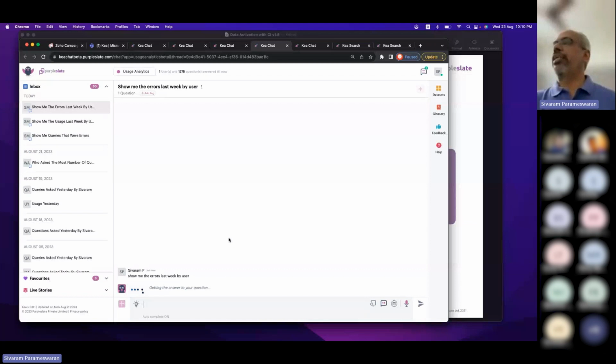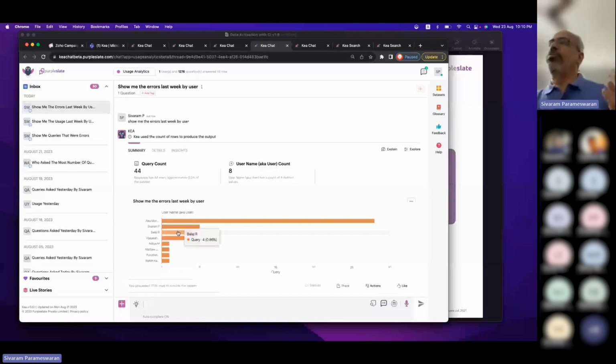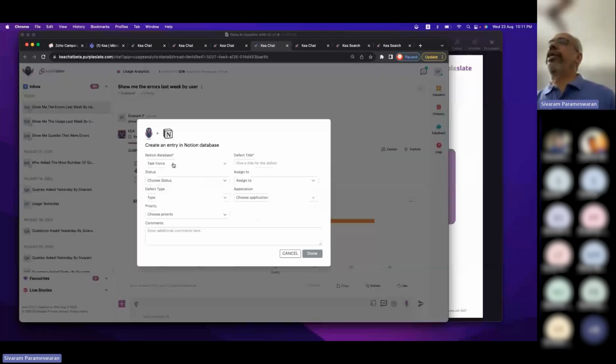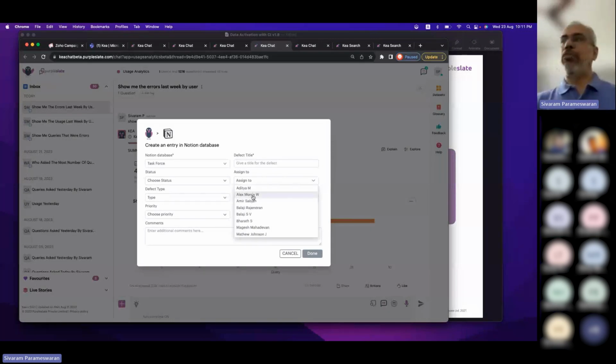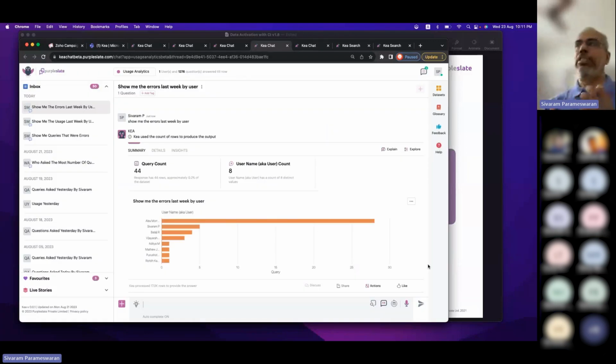I really want to create a task and assign it to somebody in my team to work on, right? So I can create a task. We use Notion for our defect database. So I can just go on and create a defect here, and it posts an entry. I can assign it to this person, and it becomes a work item for them. All of this happens at that particular instant, within the context of the BI world.